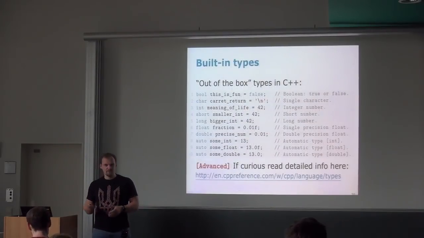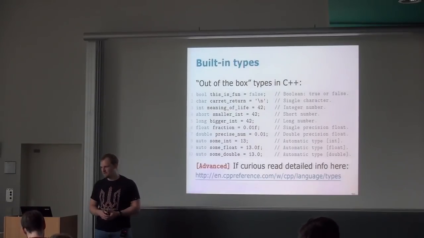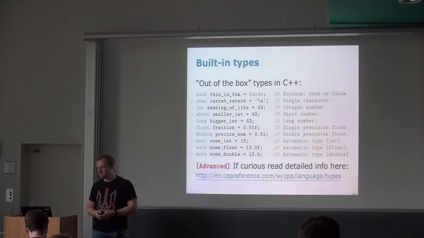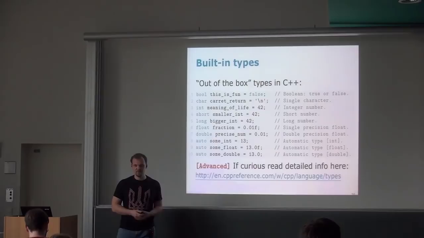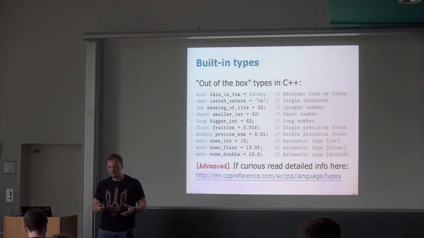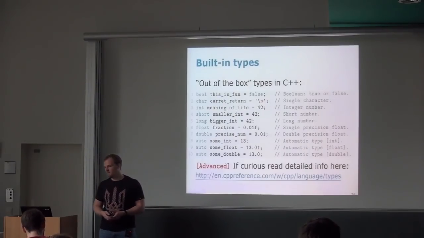Okay, now back from this detour to the types, to the type system in C++. We'll start with the basic ones, and we're going to spice it up with the modern things too. So there is a bunch of basic types like Boolean, character, integer, short. You probably know most of them from Java. They're kind of the same.